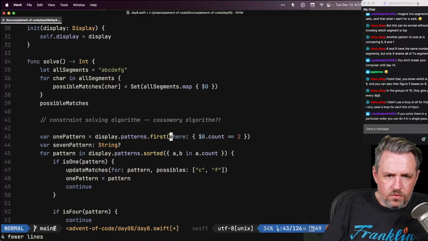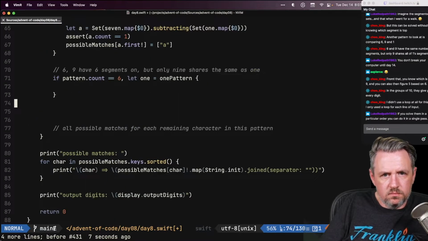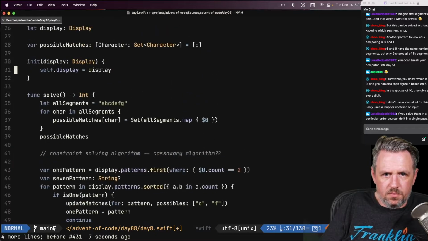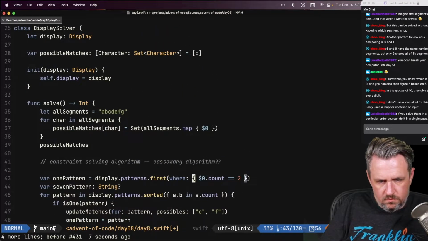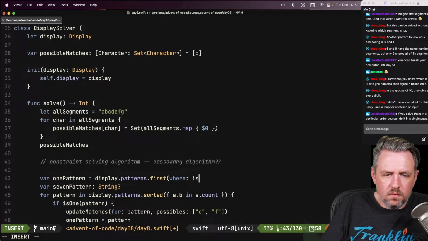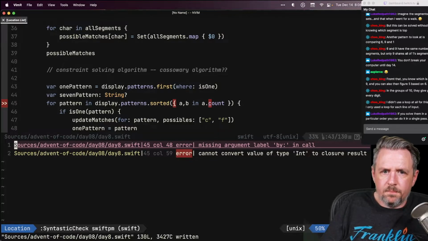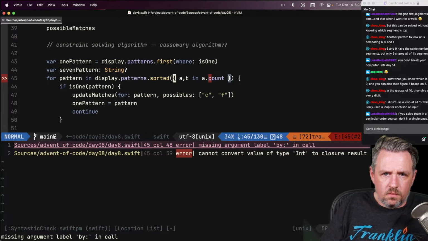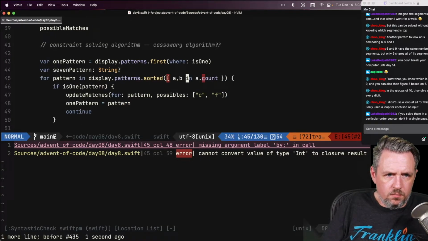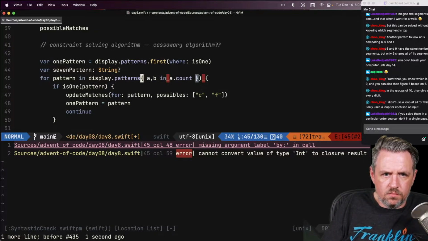Or I could say first where is 1 if I want to keep the, does that work? Okay, we're not going to be doing that, but let me just get it to